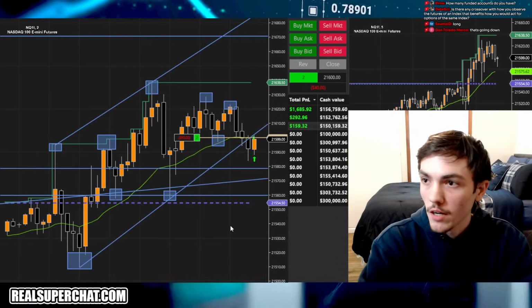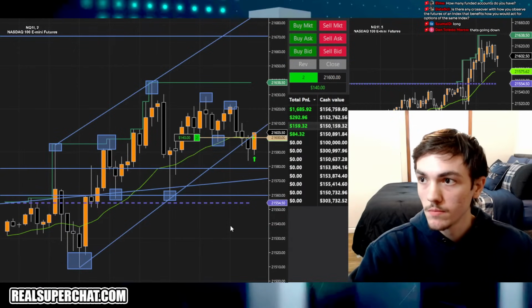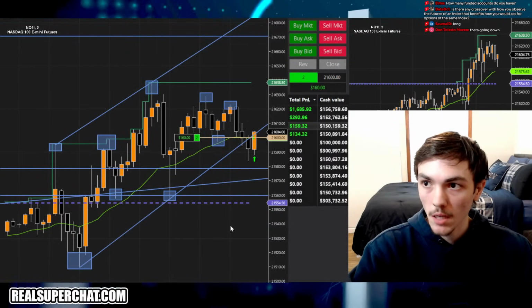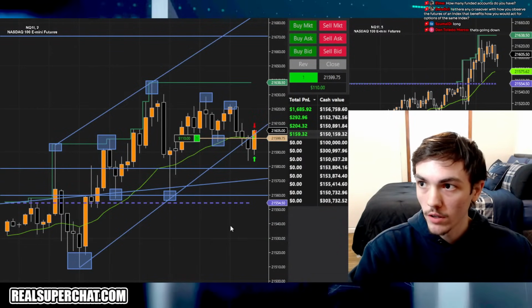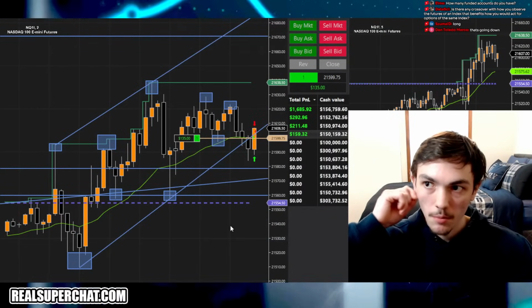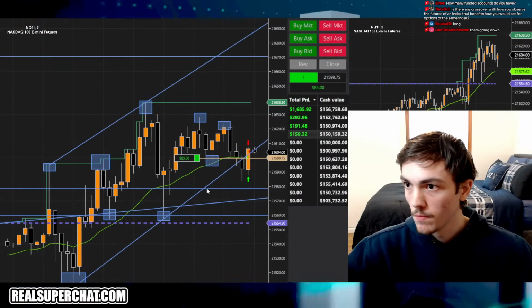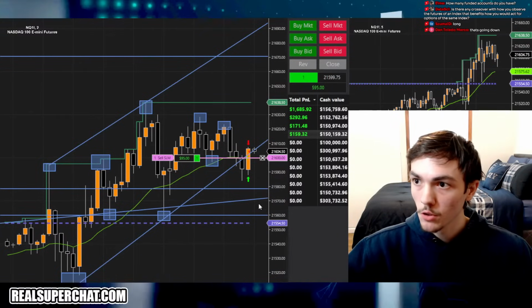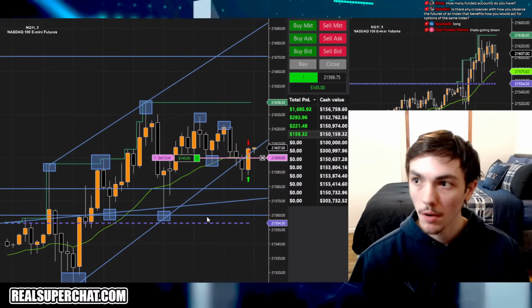The better setup for me would have been to wait: up 100, up 130, up 140, up 170, 200. Two contracts long, cutting one just because it's a little risky. This could be a wick. We're moving stop to break even. If this breaks through the range, I don't want it, so I'm moving stop immediately. Break even. We'll be up 100, 150.